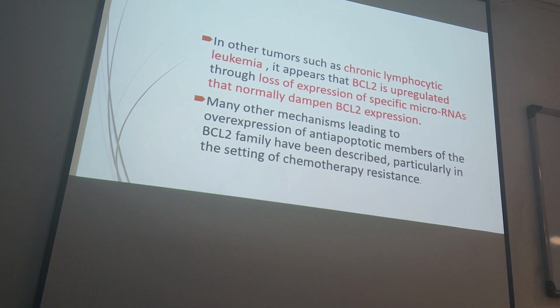Also, we have another example, for example, chronic lymphocytic leukemia. It appears that BCL2 is upregulated because of loss of expression of some specific microRNAs that normally can dampen and decrease BCL2 expression. So, in follicular lymphoma, the overexpression of BCL2 is the cause of the disease, and in CLL, or chronic lymphocytic leukemia, this is because of loss of expression of some specific microRNAs. And also many other